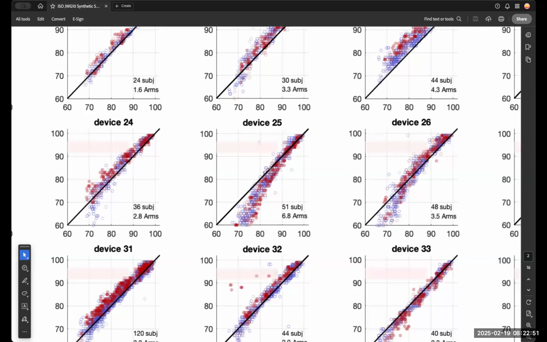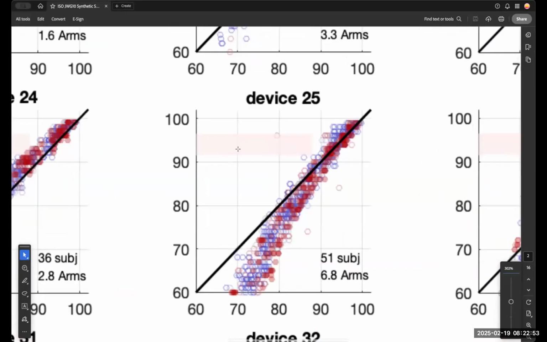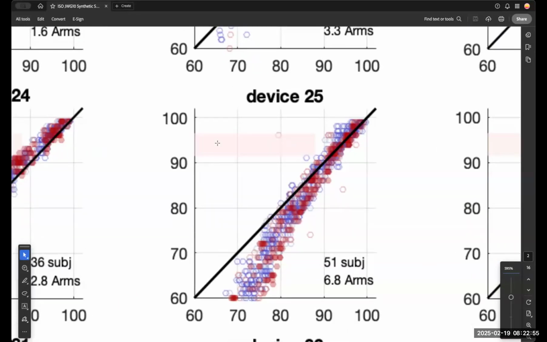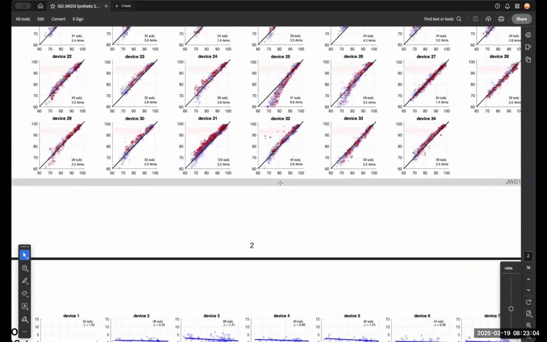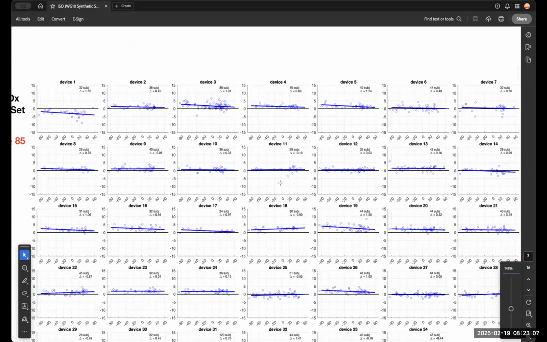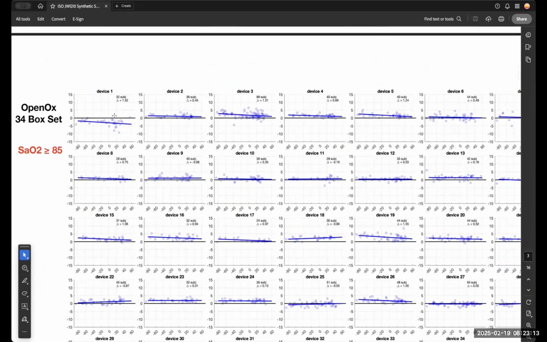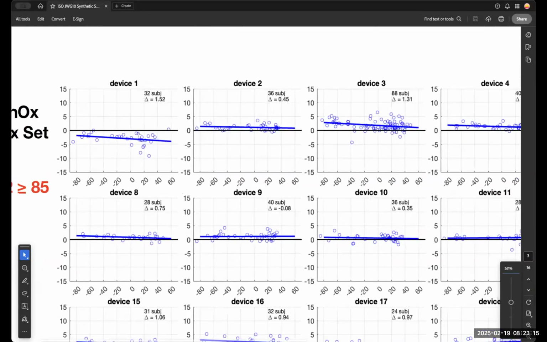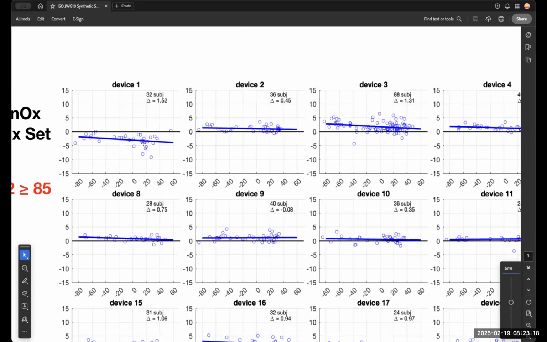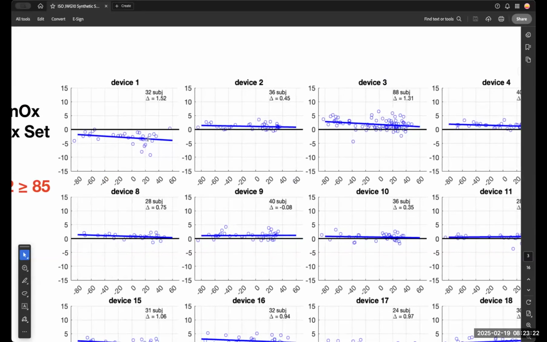But if you recall, it was a low performing device in terms of how well it did in ARMS. And what I should also point out is that these red rectangles are the occult hypoxia areas. So these are areas where it's SpO2 greater than 88 when the SaO2 is lower than that. So what else were we saying? So second, we can also look at device 1, which has a flat-ish regression line, but also was a poor performer, if you recall from the other graph.